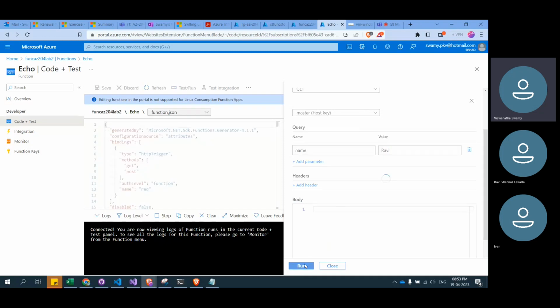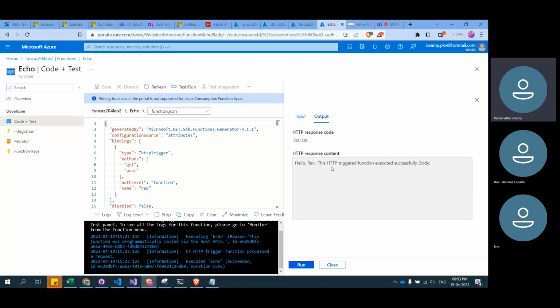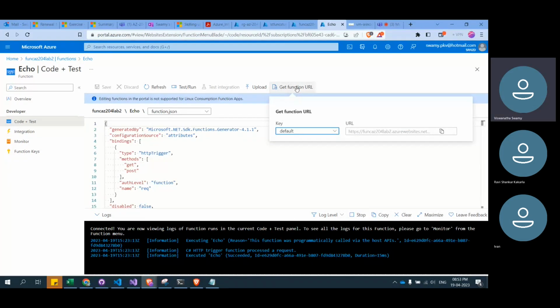Okay, we'll use it for this one. We'll use it for post. So one we tried says hello Ravi. So you can see that it comes in here. The other way, what we can do is we can get the function URL,